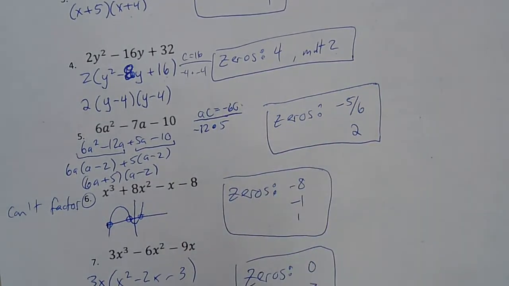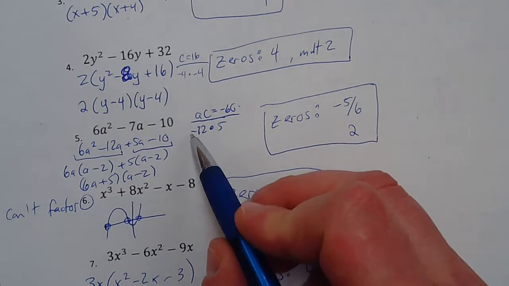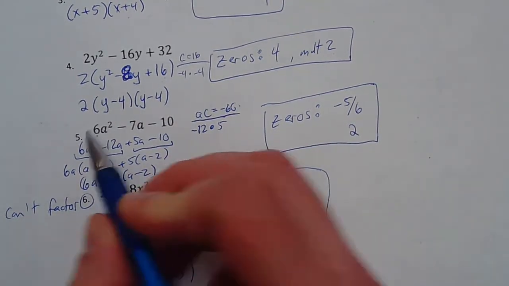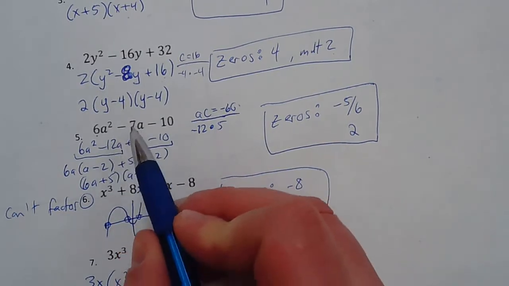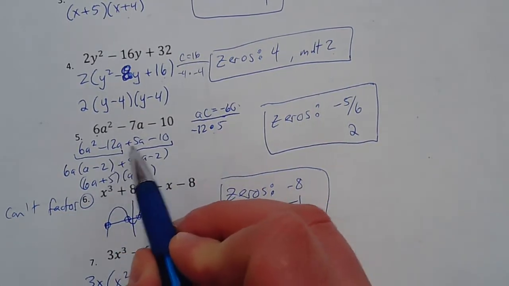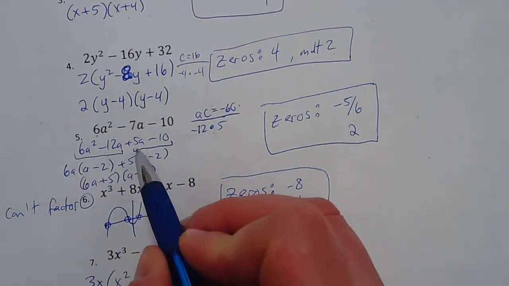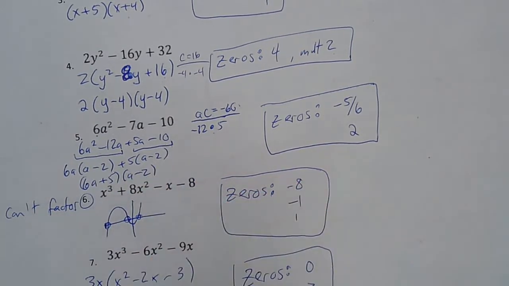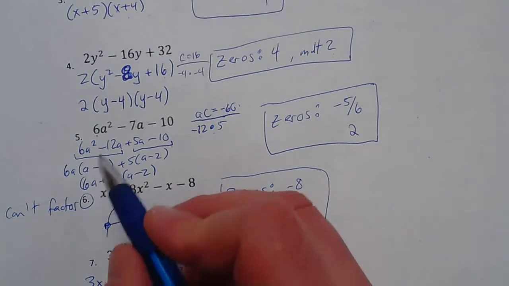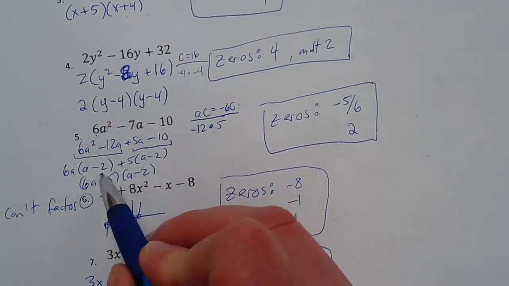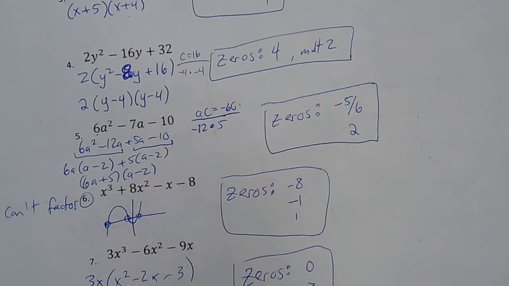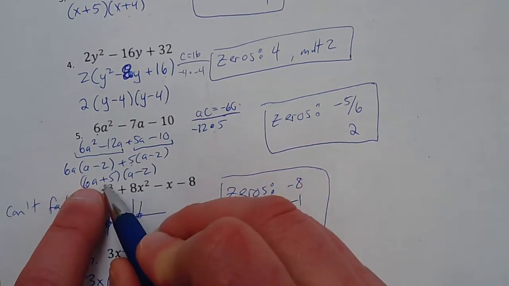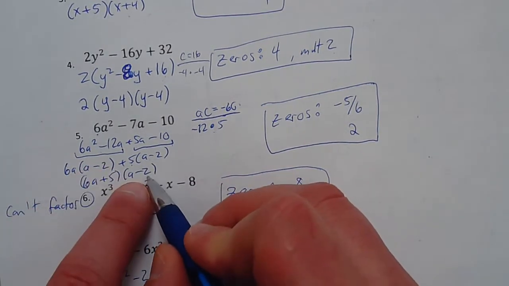This is the one where you cannot just say it's going to be a minus 12 and a plus 5, because we have to make this 6 appear. So the move is you rewrite the middle term with these two numbers. You group the first two and the last two together, and you pull out each of their GCFs. After you pull their GCFs out, you should have matching parts in the parentheses. And so the last move from here is that these two parts make the first factor, so 6a plus 5 is one factor,